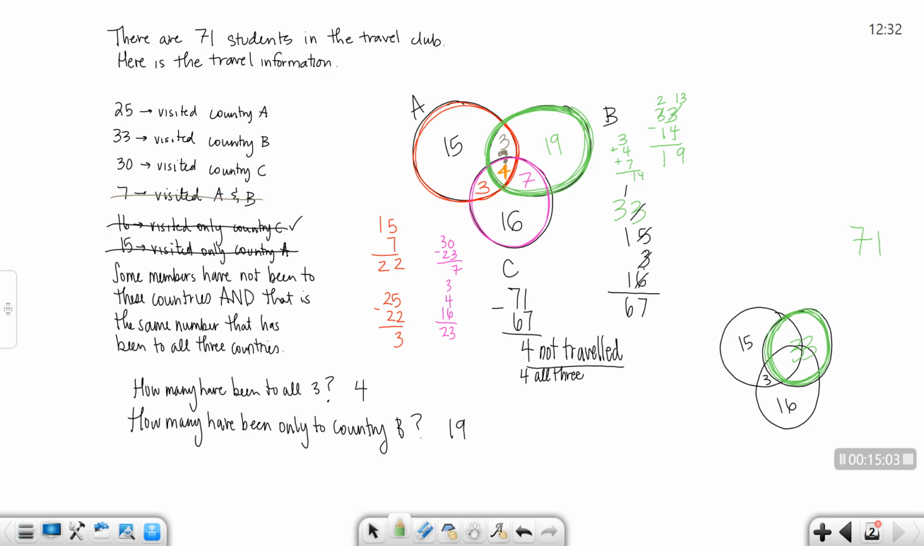Now hopefully that helps you with the Venn diagrams. Let me know if you need some help with some of the